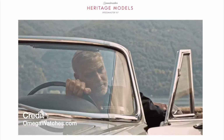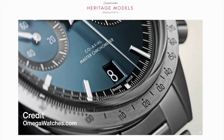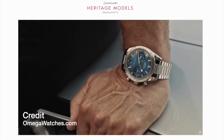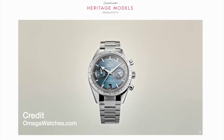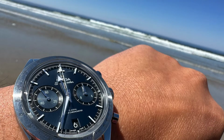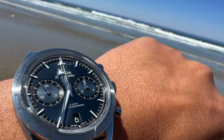So I know I'm no George Clooney, but I got the George Clooney watch. There's actually another celebrity that wears this watch as well, and that's Hyunbin, who is a Korean actor. And does it make me feel like a super famous rich actor? No, but it is an amazing watch and it looks great on the wrist, and I love that I added